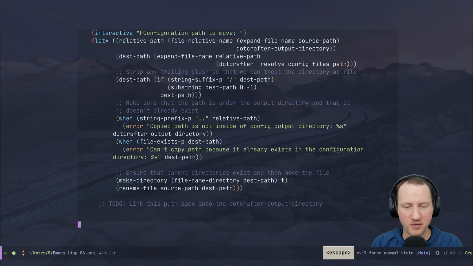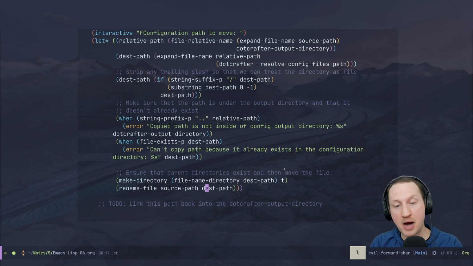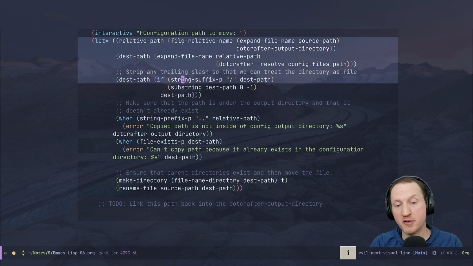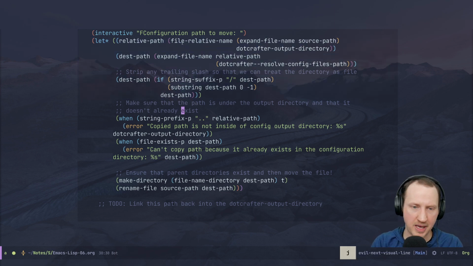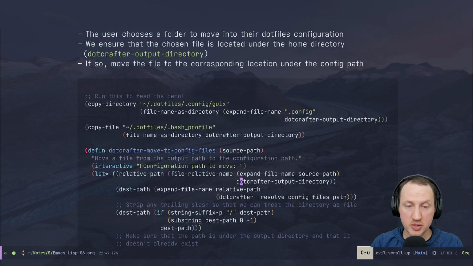All right, so now we've gotten back to the point again where we talk about rename-file. So we're basically moving the file using the rename-file function. We're taking the source path that the user passed in, and then we are moving it to the destination path that we've calculated based on the work that we did above here to get the relative path to put it into our .files path. So I'm going to execute this function definition,